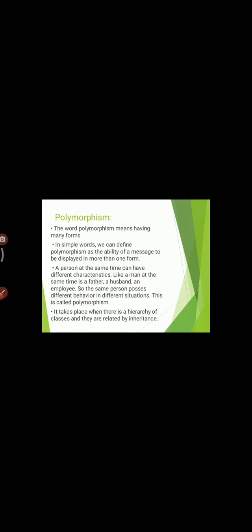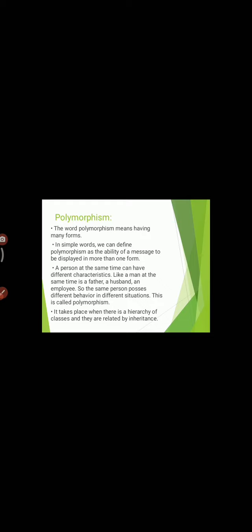Polymorphism. The word polymorphism means having many forms. In simple words, we can define polymorphism as the ability of a message to be displayed in more than one form.